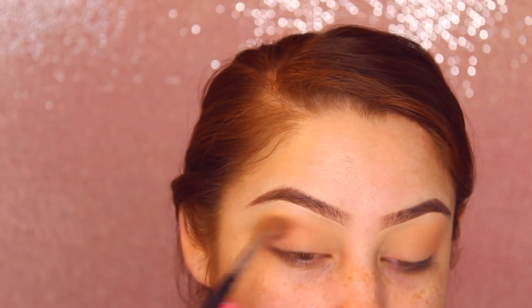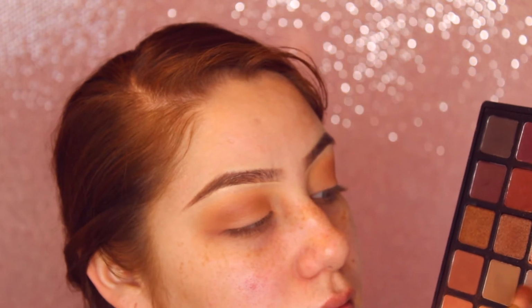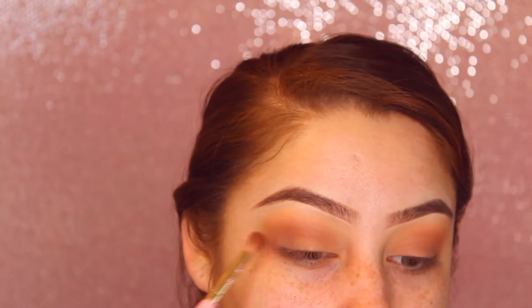And then after that, I'm going to take the even darker shade and I'm going to put that again in my crease using the same brush. Like I said, we're just making it deeper and deeper. And that's going to give you the nice transition shade from it being light to dark. And then after that, I'm going to take this grayish kind of taupey brown, and I'm going to put that just on